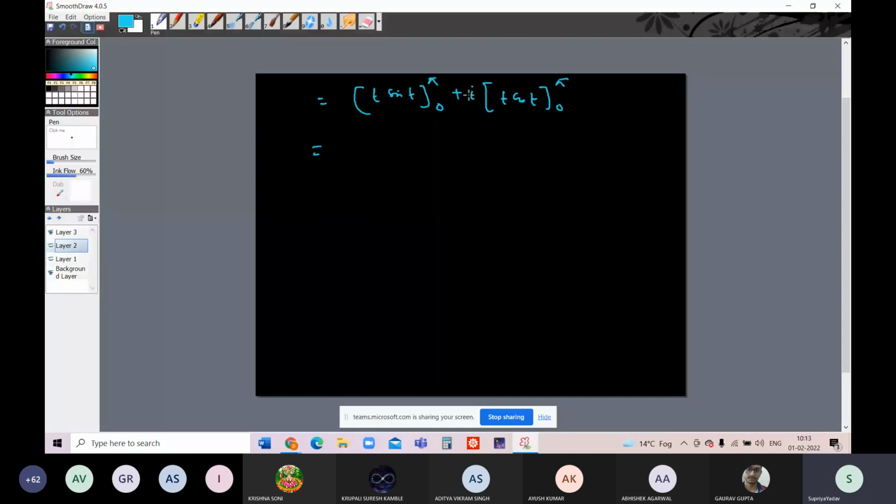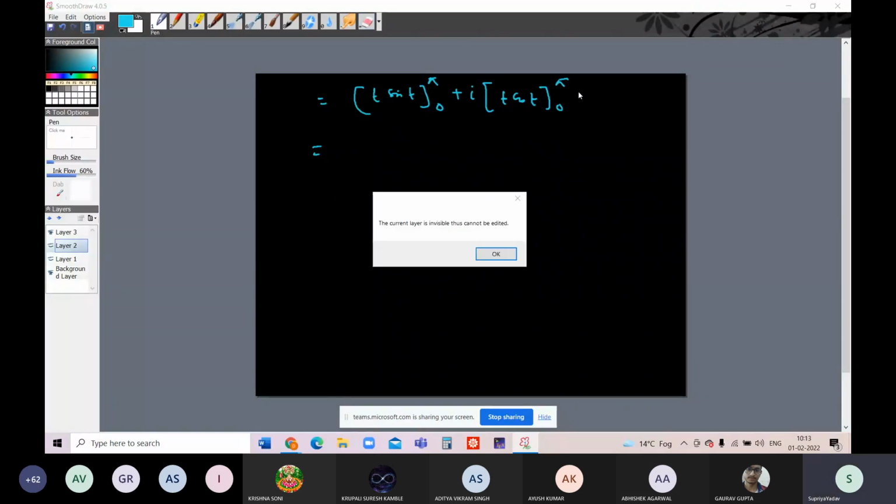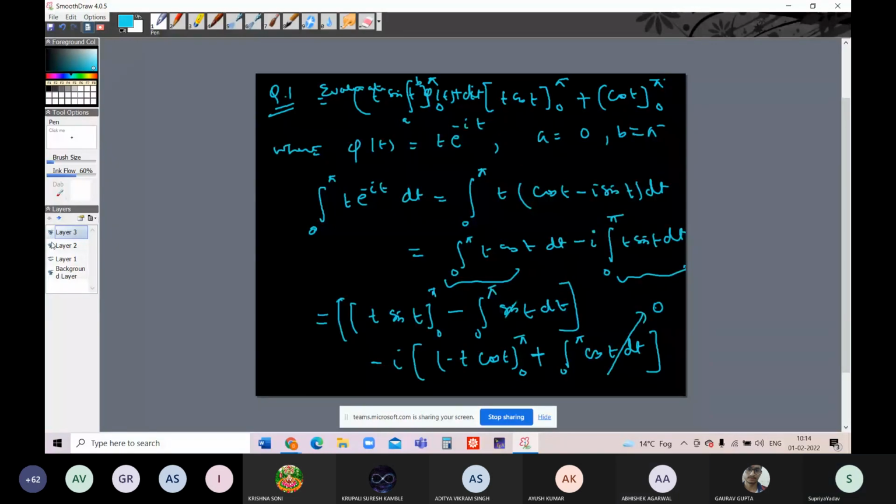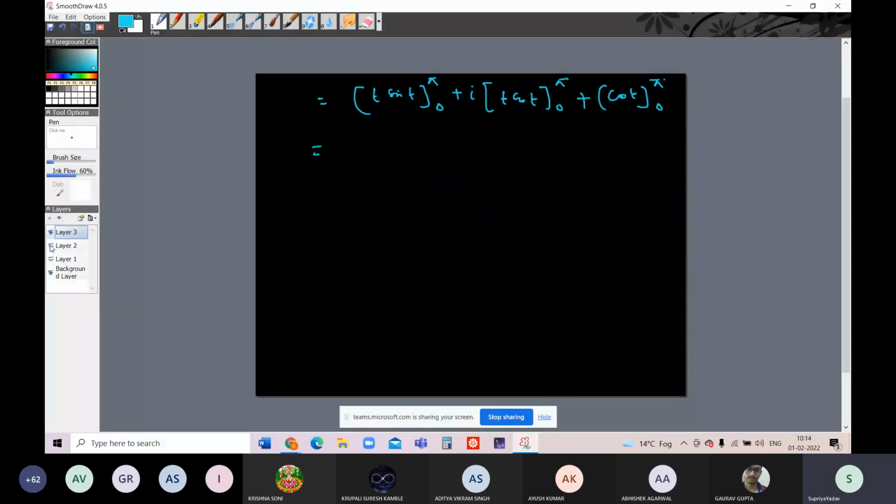We have to also write here plus cos t from 0 to pi. Is it plus or minus? One second. Sin t, this integration is minus cos t plus cos t. Okay, and then